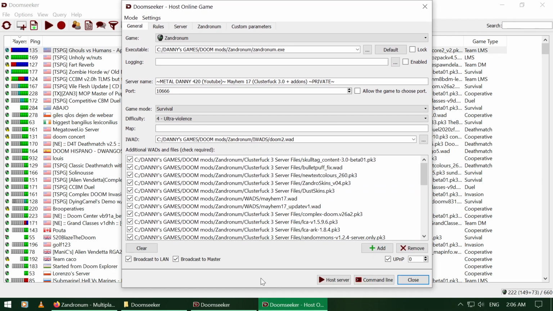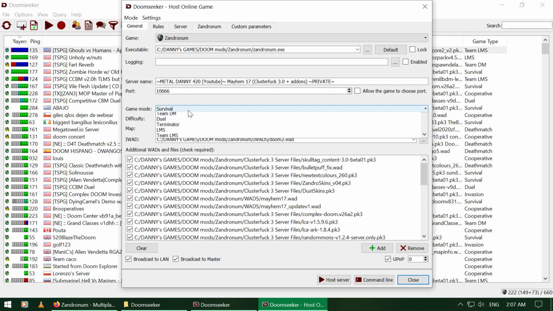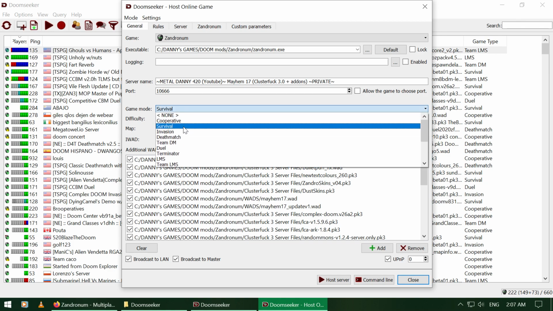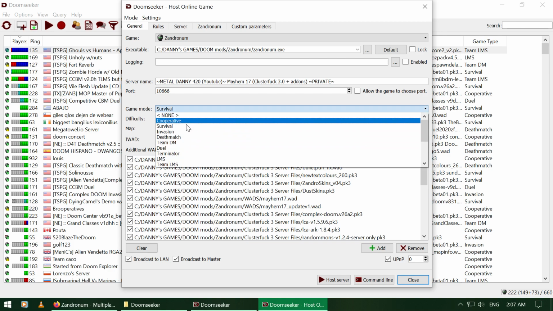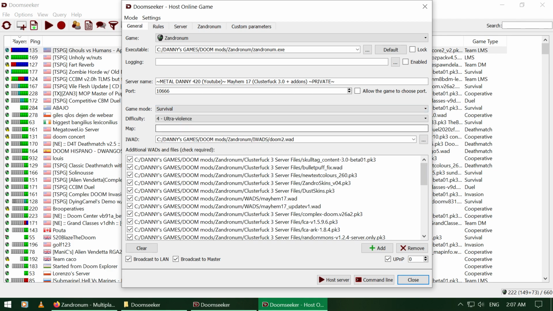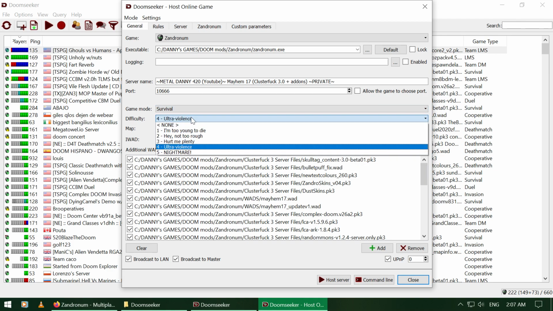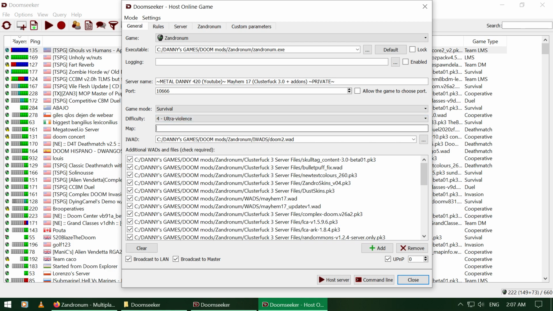Let's first enlarge it so you see the WADs better. Here you can choose co-op, survival, deathmatch, anything you want. We play survival a lot since it's more fun with the spectating. Then the difficulty, the map, which you can type in to pre-start on that map. So if you start the server on a later date and want to continue on the same map where you were left off, simply fill the map in right here.